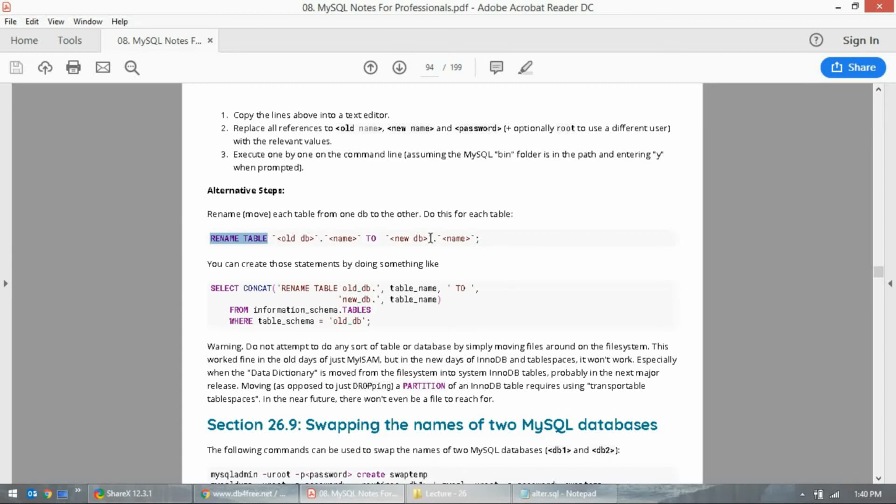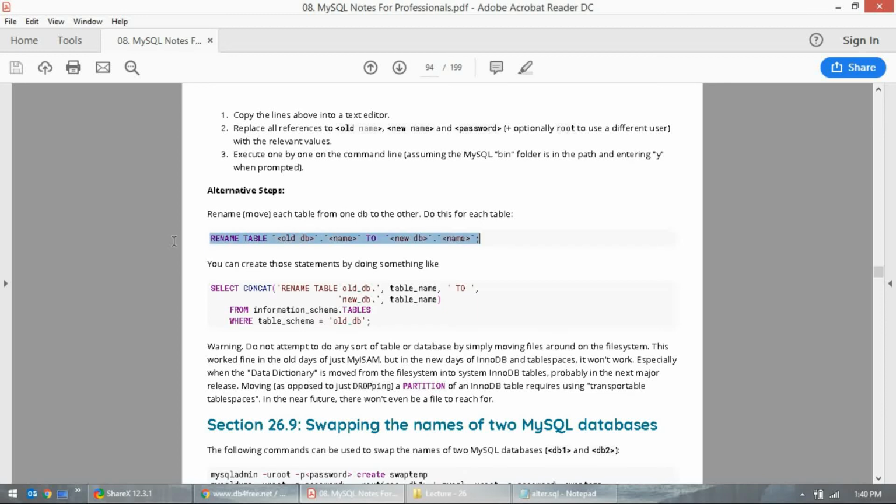You are moving the table, not the database. If you have a set of 100 tables and you want to move them, you would write 100 queries for that. So: rename table old database name dot table name to new database name dot table name.